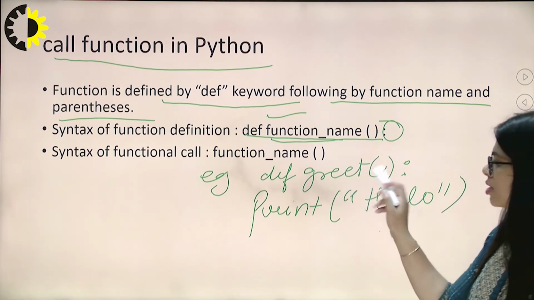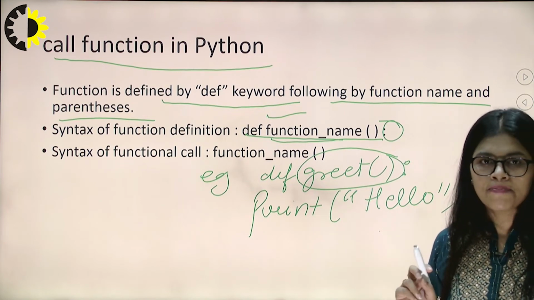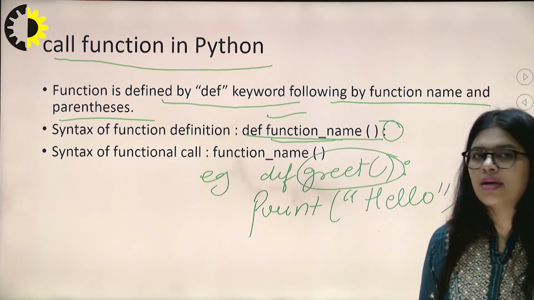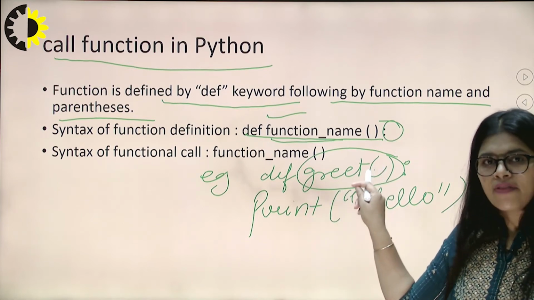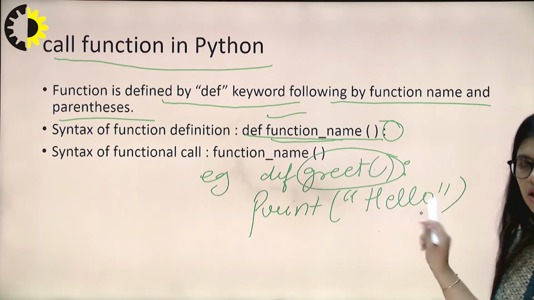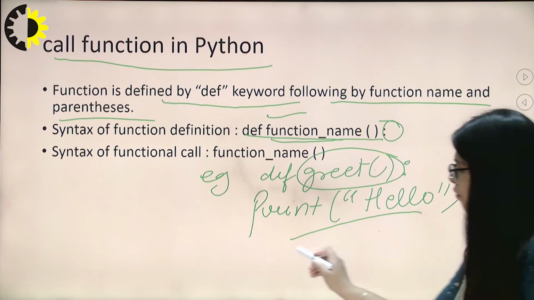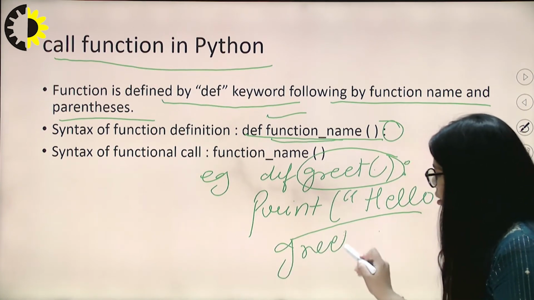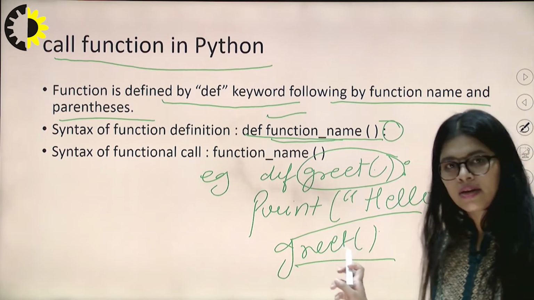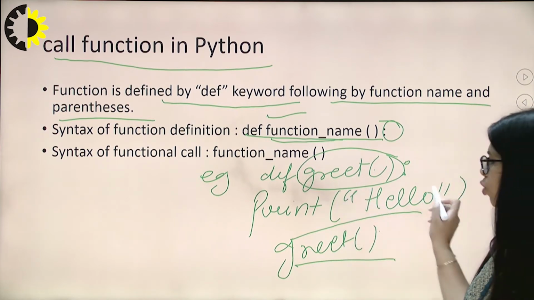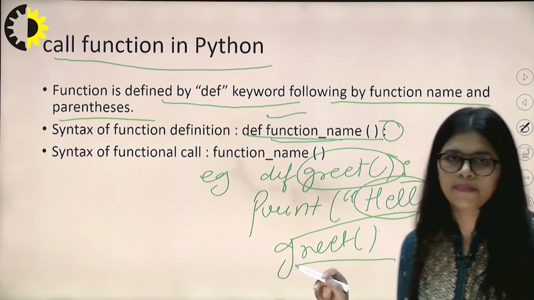Why? Because the user is defining their own function which is called greet, and greet is not readable in libraries, so we have to call that function for printing this value. And how do we call? We call it after the line, greet, that's it. When we call that function like greet, then it will create the output hello. So this is the meaning of calling a function in Python.